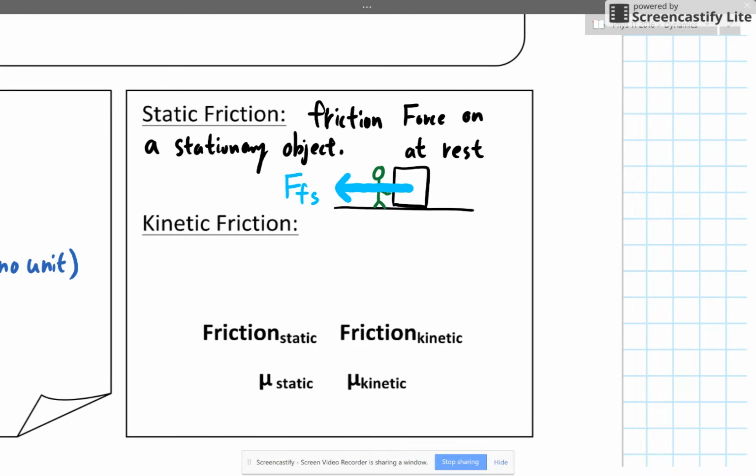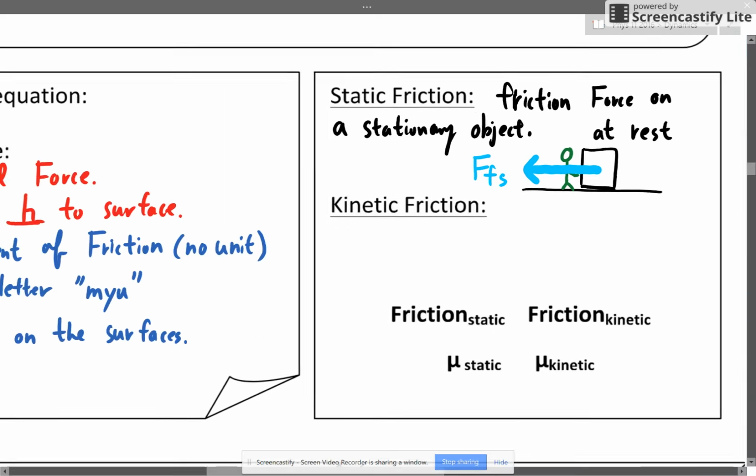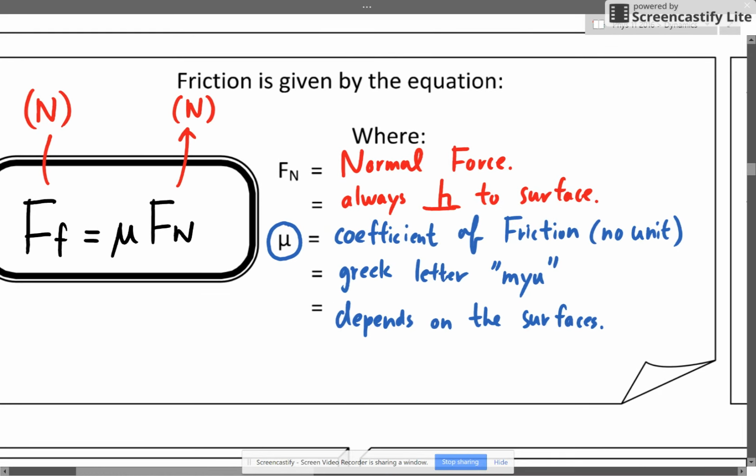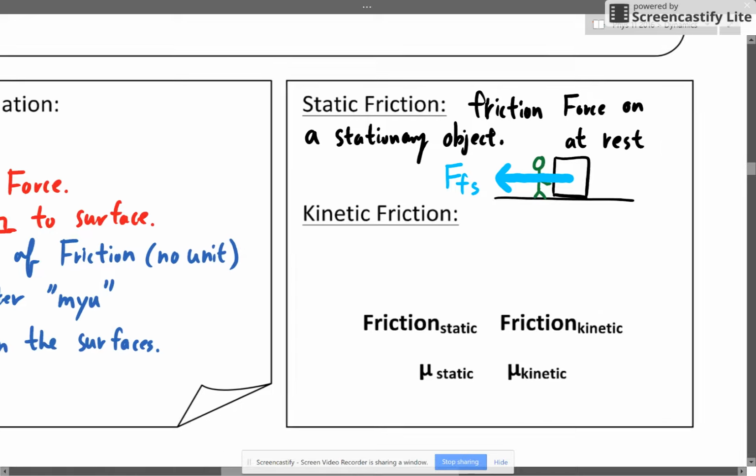You need to overcome static friction in order to push this box. Now, for any object that is sitting on the ground just not moving right now, if you try to push it, you have to be strong enough to overcome the static friction. Now remember, the static friction, if you look at the equation again, depends on Fn. Now in this case, Fn depends on